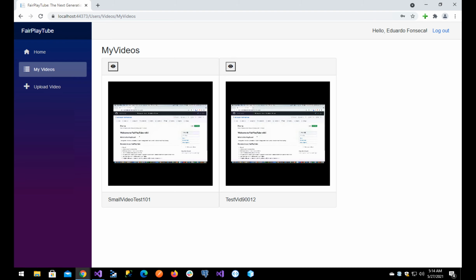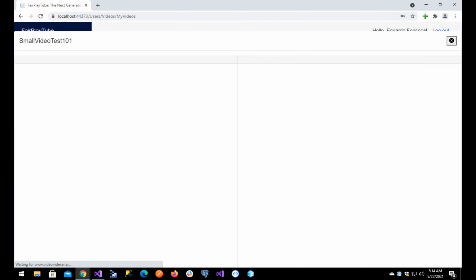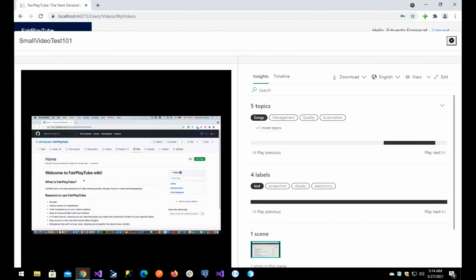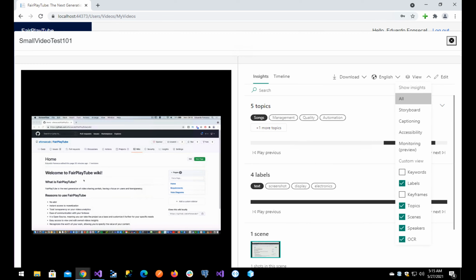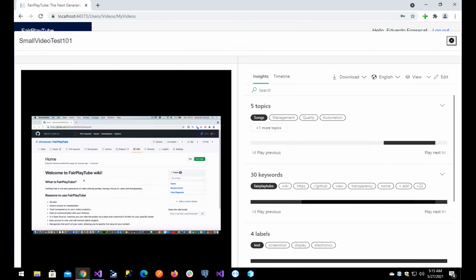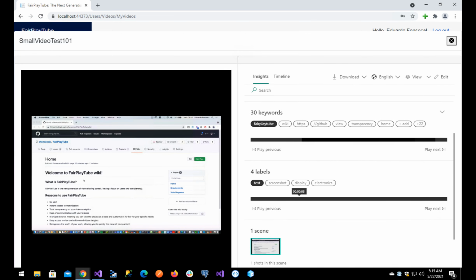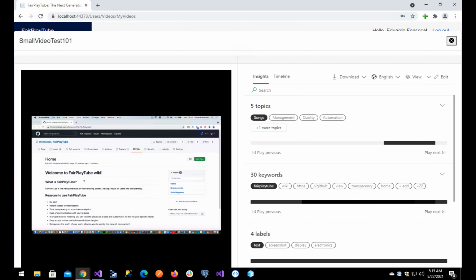This will also be implemented in the homepage, but at least the part for viewing them, we haven't added yet. But once you click it in here in your own videos, you can actually see the video on the left side of the screen and the insights on your right side of the screen. You can see all of the insights, and you can see the topics, the keywords, the labels. If the video has people in here, you will see some of the people's faces with a name.